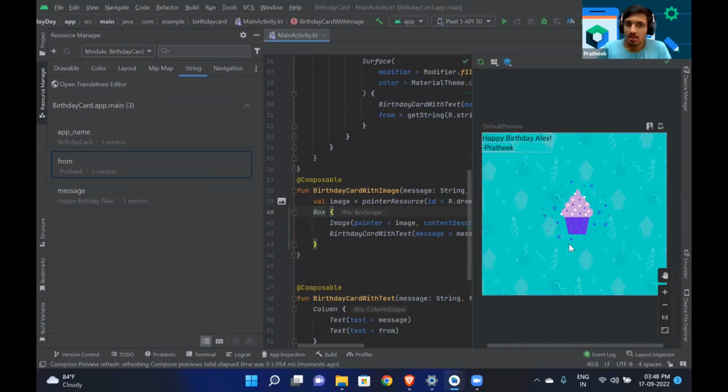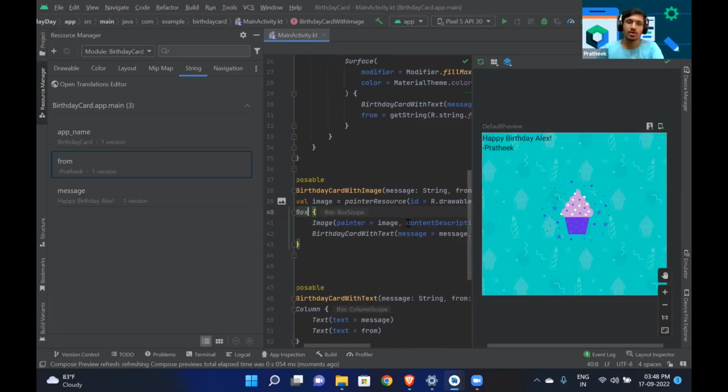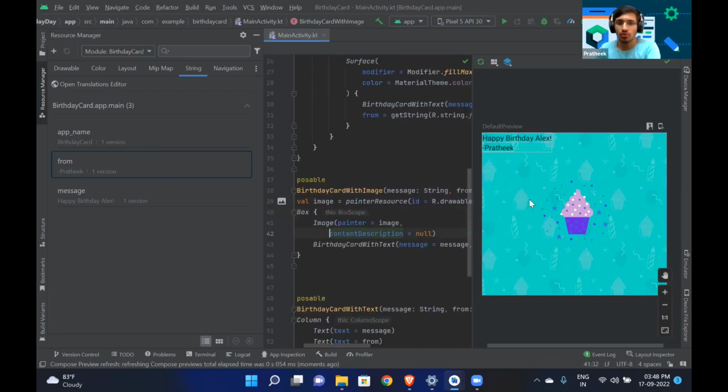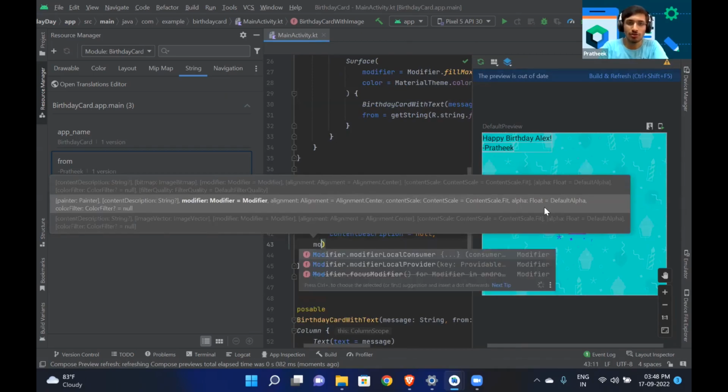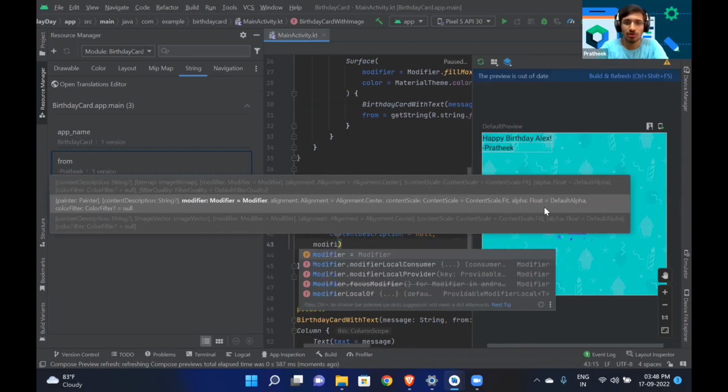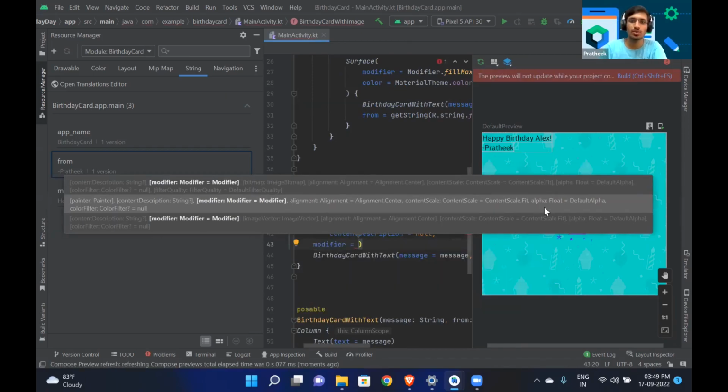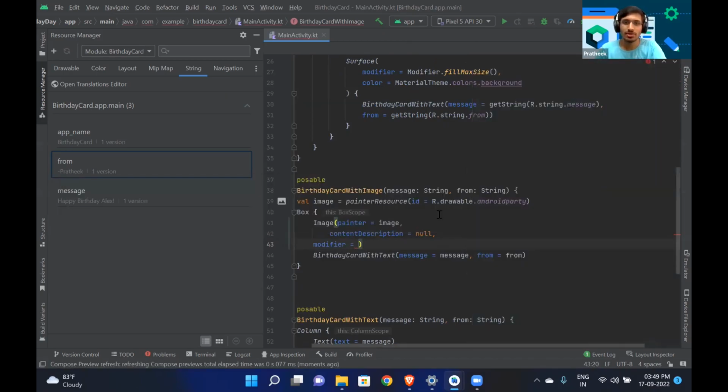So here we can see all those things which are not aligned properly at all. So we'll go ahead and alter them one by one. First one is the image which we have to alter. So we can have a modifier for this image. Click, put a comma and type modifier. Okay, modifier equal to, let me just show only the code screen. So modifier equal to